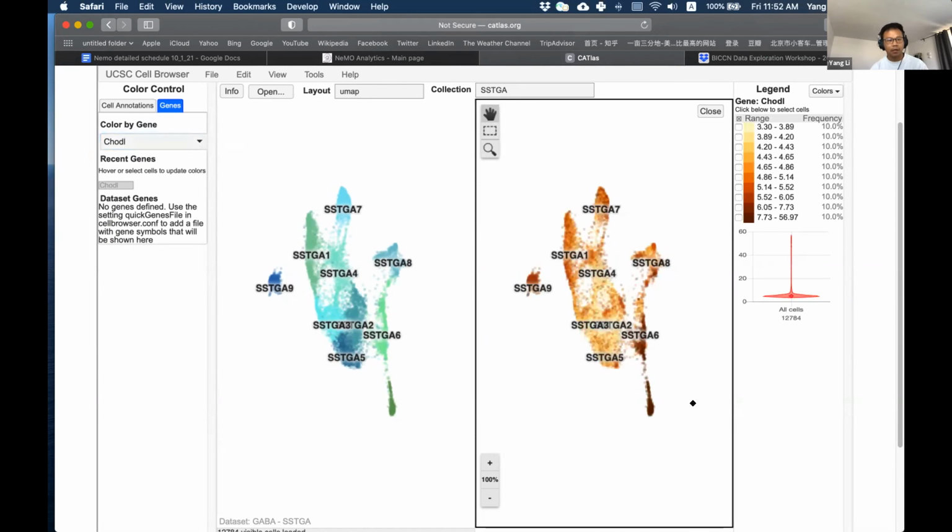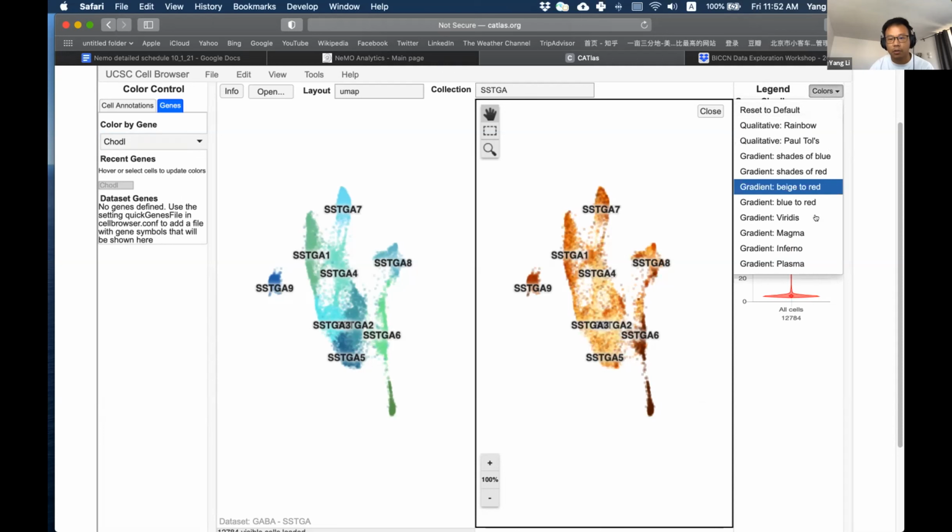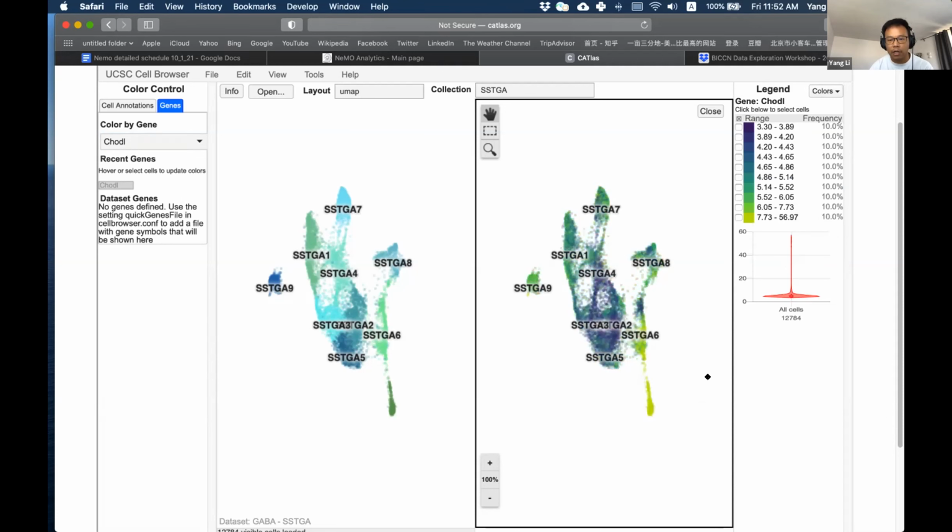And if you select this gene, you will find this tiny subcluster is quite enriched for this gene. And you can always change the colors if you don't like it. For example, if I change to another color palette, you will see this difference more clearly.